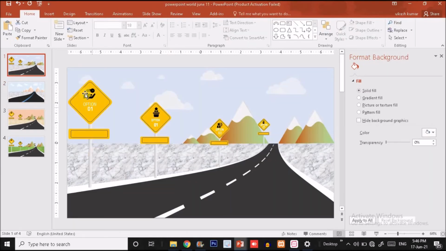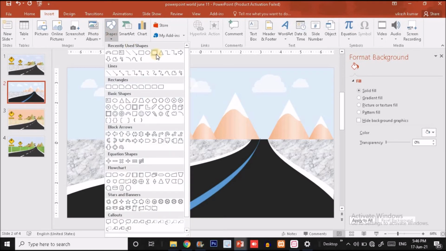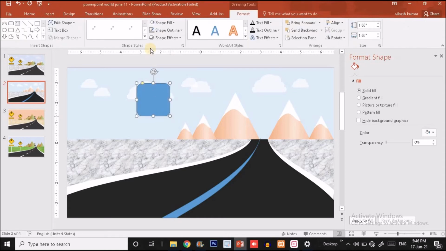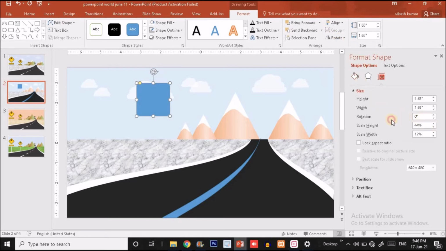Now it's time to create this pole with this effect, guys. So click on the insert option, click on the shape option, you will find the rounded rectangle option, just click on that, press Ctrl Shift together and drag it outward to make it bigger like this. Now drag this point to the left side to make it sharper. Okay, and now remove the shape outline, and I'm going to rotate it, so I'm going to set minus 45 degrees. Now put it over here.